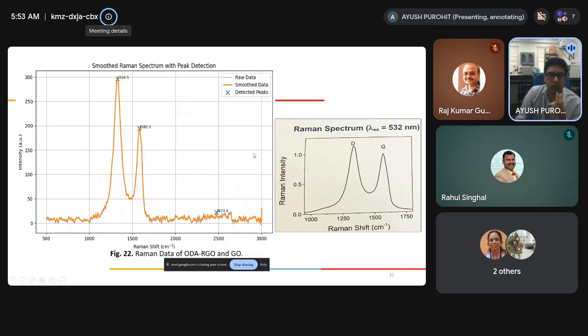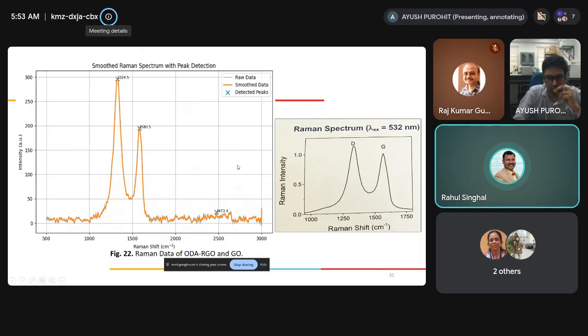So the ratio is showing that at 1.5 ODA is attached to the RGO, because if the ratio ID by IG is 0, that means the compound is pure. And if the ratio is a little bit above, like 0 to 0.5, then it shows that GO is present. And if the ratio is 1, then this shows RGO is present, and above this, it shows some long carbon chain is attached to this. According to the literature review, we confirm that